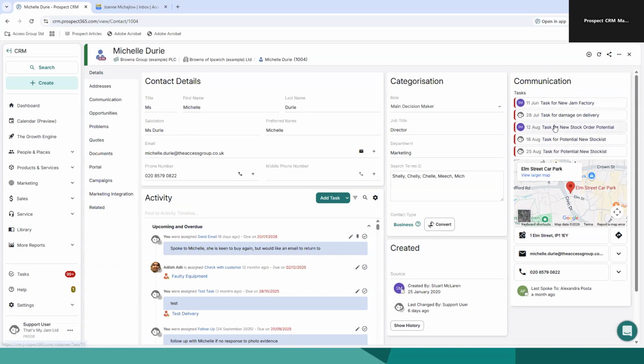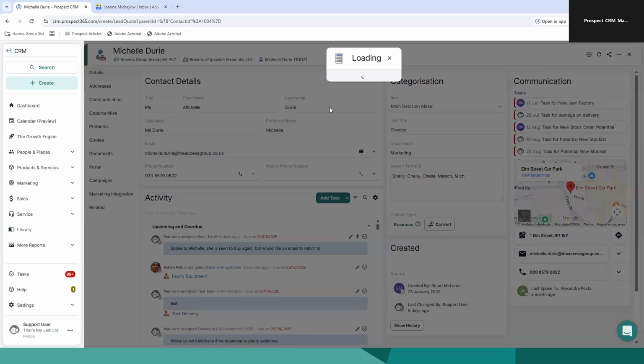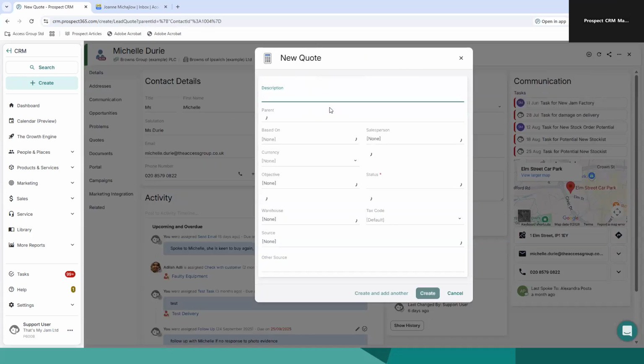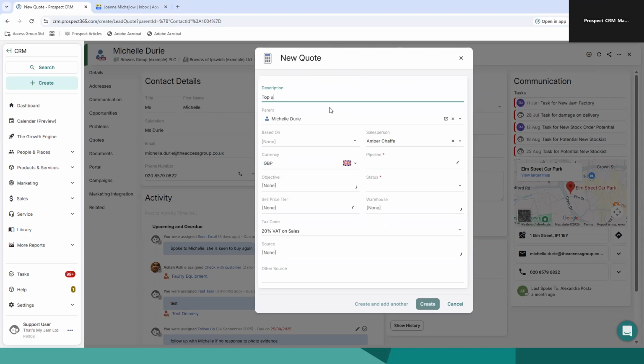Like for instance, the marketing team can work on this account, the admin accounts, and the sales team as well. And from here, by all means, if you know Michelle is going to place an order, you can process a sales order, or just for this workflow, we're going to do a quote. And we can see it's a top-up order. All this data is pre-populated from the inventory software. And once you hit create,